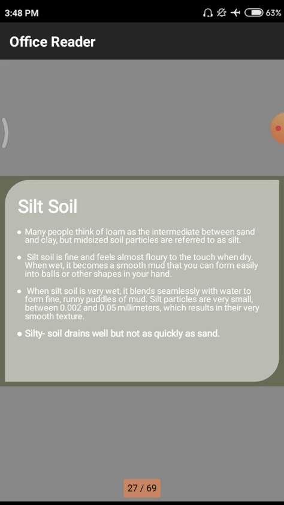They explain that when dry and when wet, it becomes smooth and muddy, and you can easily form it into balls. That means a few drops of water are added to the soil particles and we make small tiny balls. After breaking them, we will observe some unevenness in the particles due to these binding properties and others.